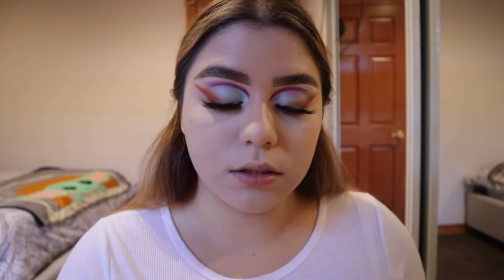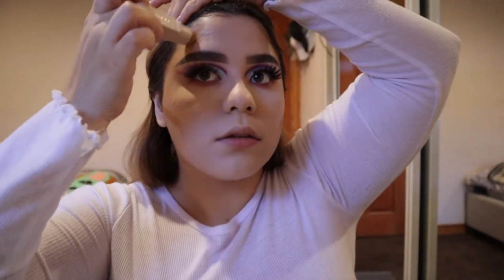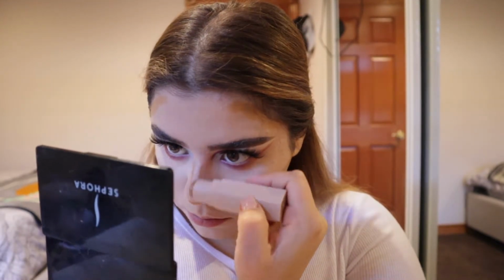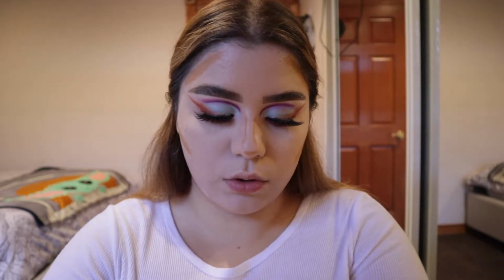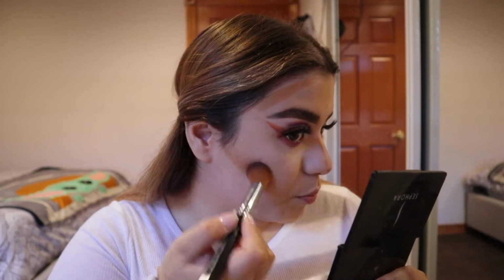To bronze my face, I'm gonna go in with the Fenty Beauty matchstick in the shade Latte. And I do have to work quickly with this one because it's kind of drying, so I have to work quickly with this. I did put a little bit on my hand. Oops. I'm gonna go in with the Sigma Extreme Structure Contour Brush, the F04. And I'm gonna rub it in a little bit with the back of my hand, and I'm just gonna start blending lightly because I don't want my foundation to